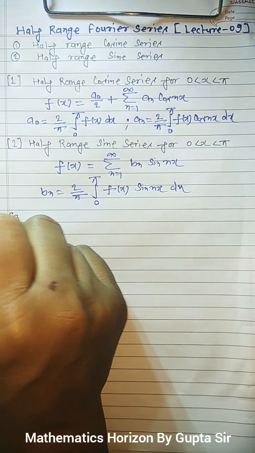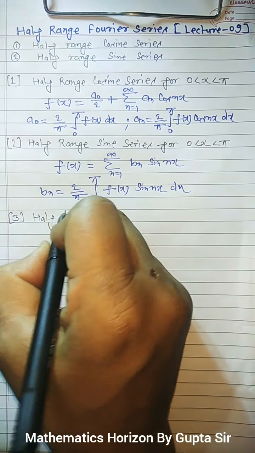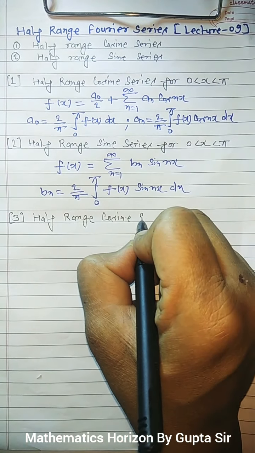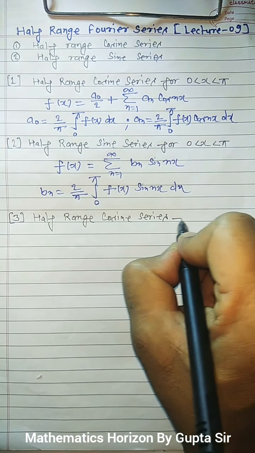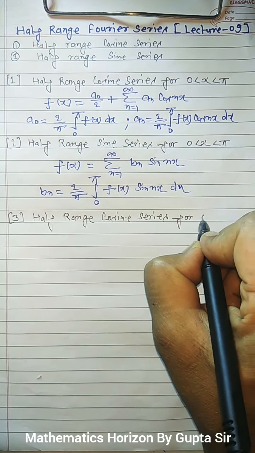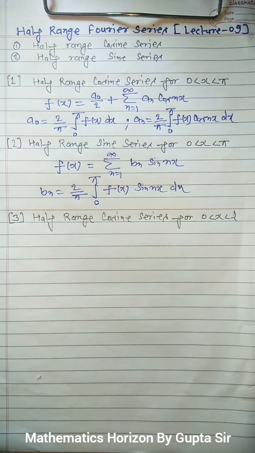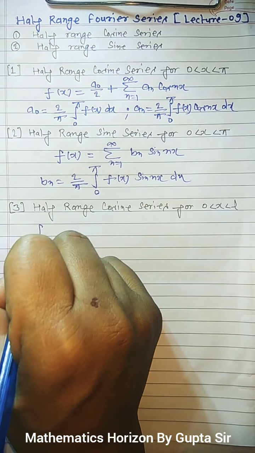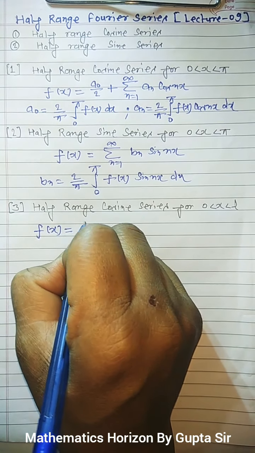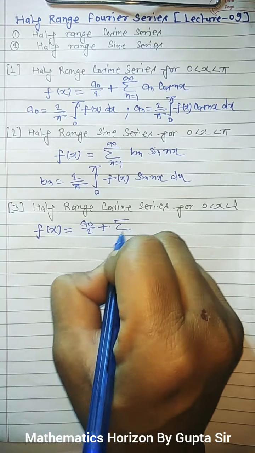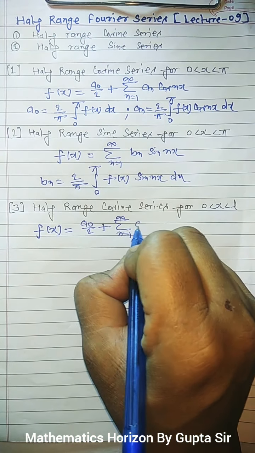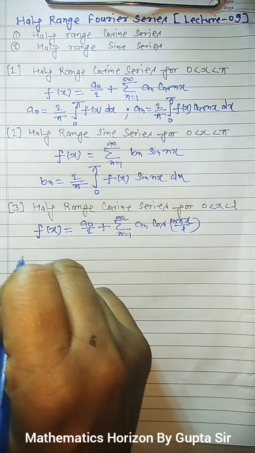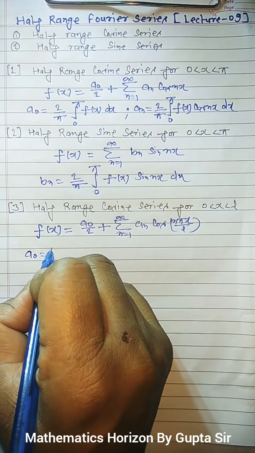Okay, next we have number 3, half-range cosine series for the different interval 0 less than x less than L. The half-range cosine series for such an interval is defined by the formula f(x) is equal to a0 by 2 plus summation n equal to 1 to infinity an cos n pi x upon L, and the formula of a0 is 2 upon L